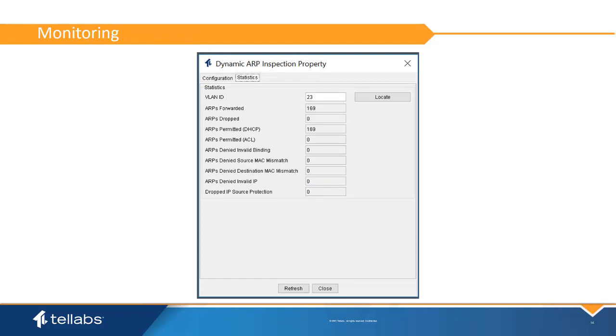Statistics on the DAI interface can be found in the Statistics tab of the DAI Property dialog. Enter the VLAN and click Locate to retrieve the statistics for that VLAN. The statistics displayed show the number of ARPs that were forwarded by the DAI process for that VLAN, the number of ARPs that were deemed to be incorrectly formatted and were dropped, the number of ARPs that were deemed good and had a DHCP binding, ARPs permitted because a valid ARP ACL was found,